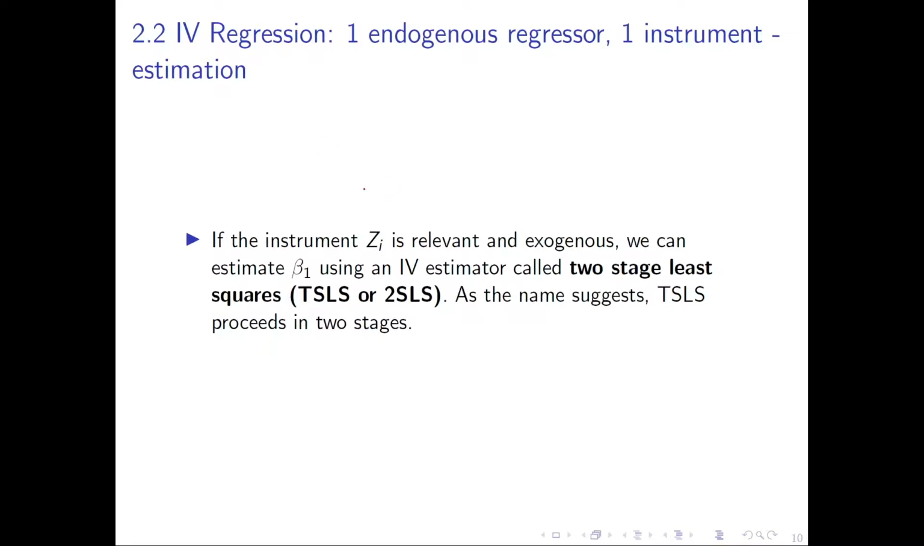If the instrumental variable z is relevant and exogenous, relevant means that the correlation between x and z is non-zero, and the exogenous part is that the correlation between z and the error term is 0. And if we are lucky enough to find this instrumental variable, then we can estimate the true beta